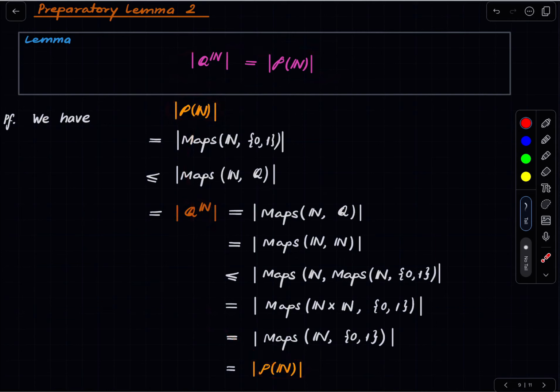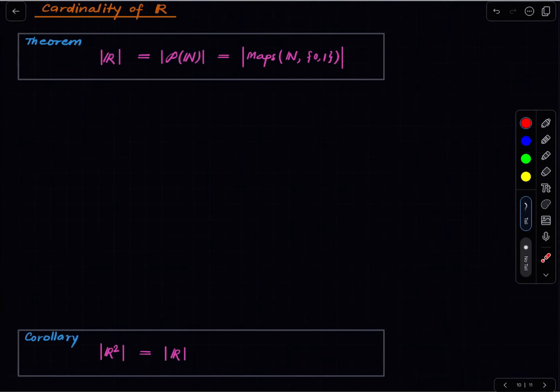All right, and now we can talk about what is exactly the cardinality of the real numbers. The cardinality of the real numbers is same as the power set of n. So why is that? So we already have seen this part. We have seen that this is at most that thing. This is because of our Cantor set discussion. For the reverse,